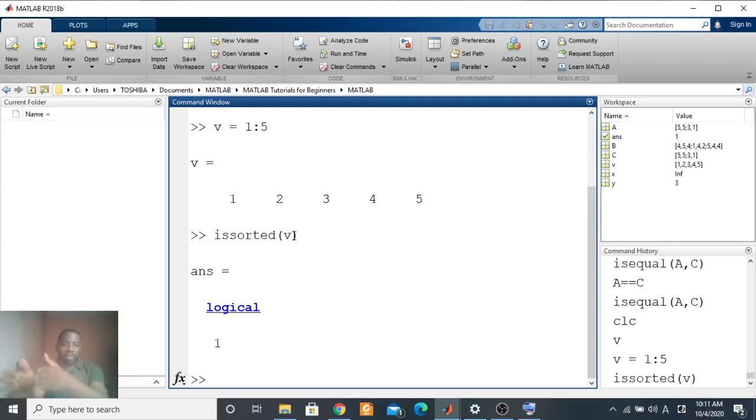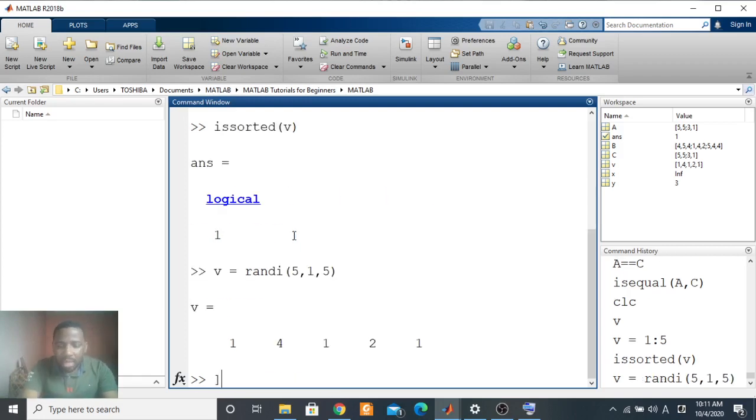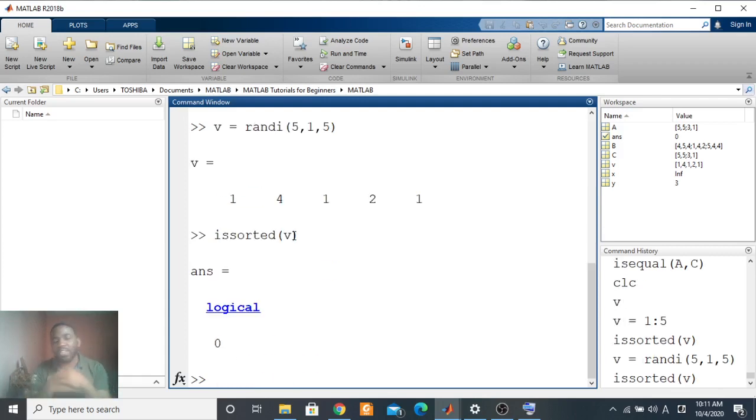We've said 1 to 5, so it is 1, 2, 3, 4, 5. But if I create V as maybe randi, any random number, and say 5, and then 1, 5, and I say again issorted V, that gives me 0.